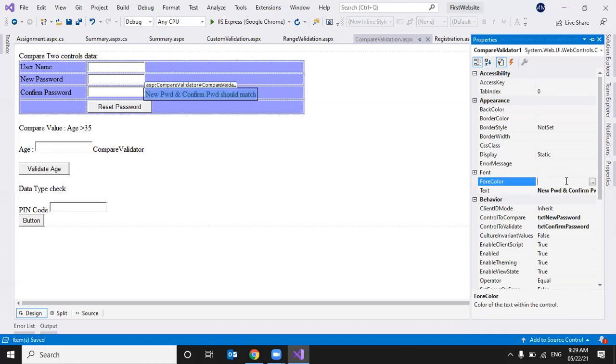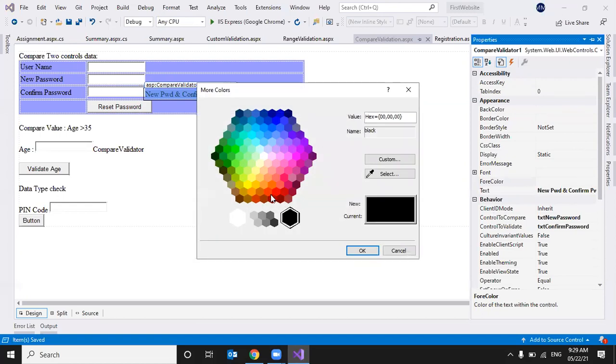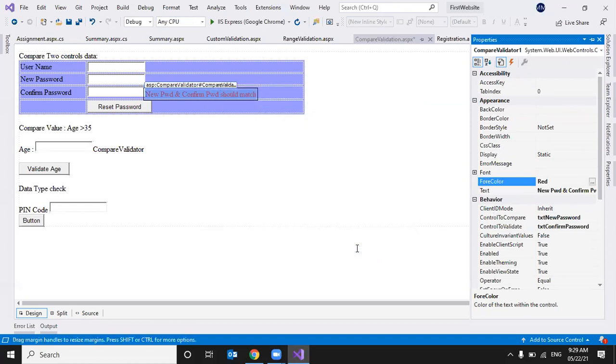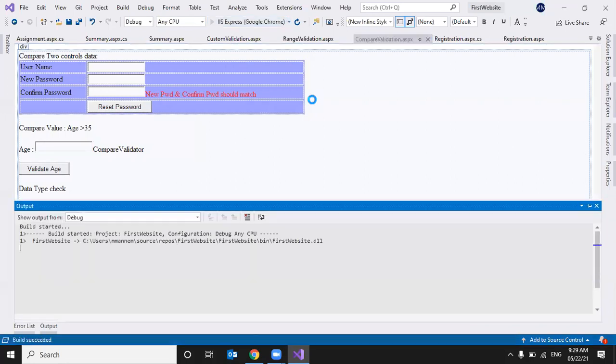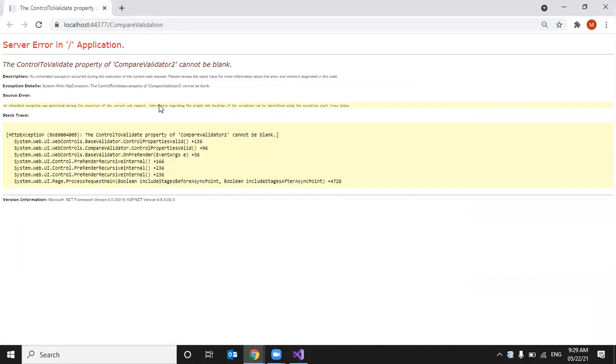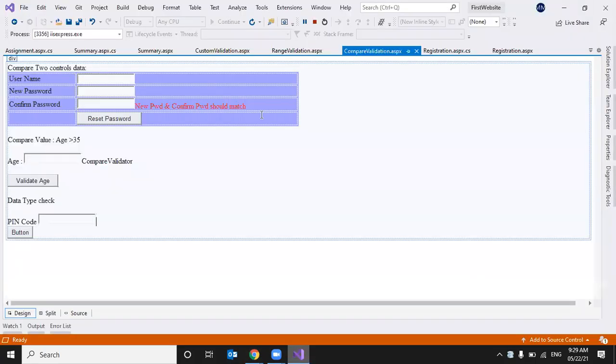I'll take some fore color. Now I'm running it. It says the control to validate property of compare validator cannot be blank.